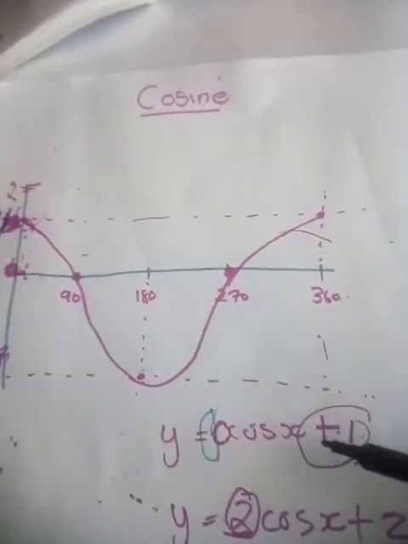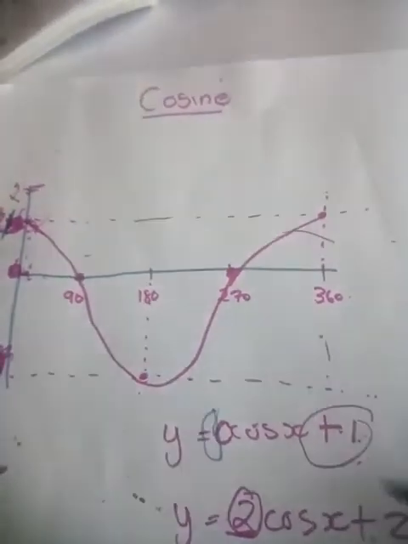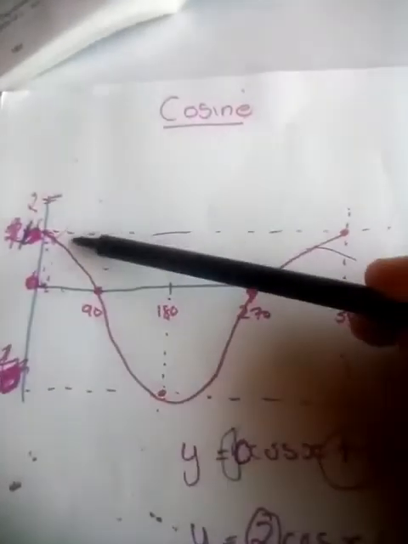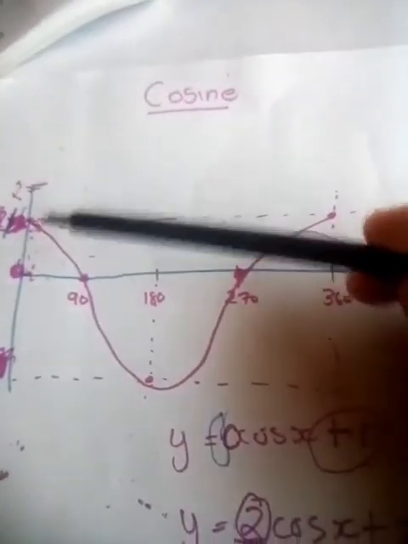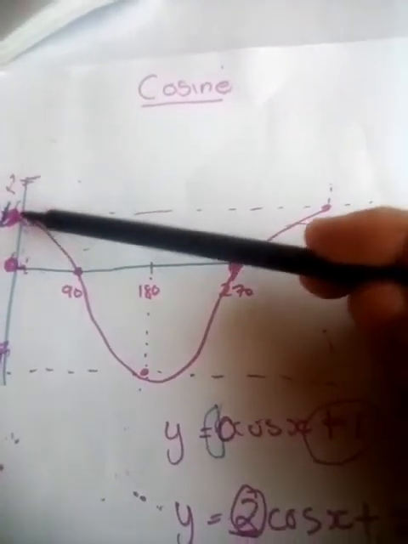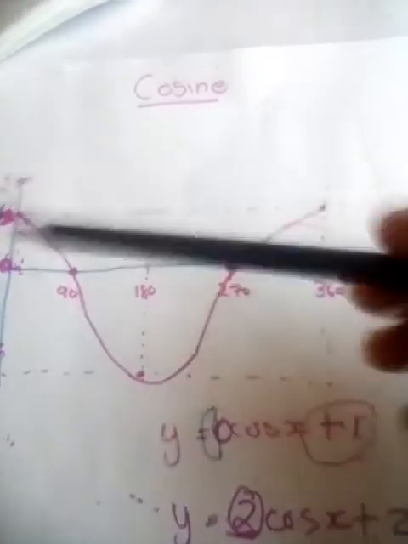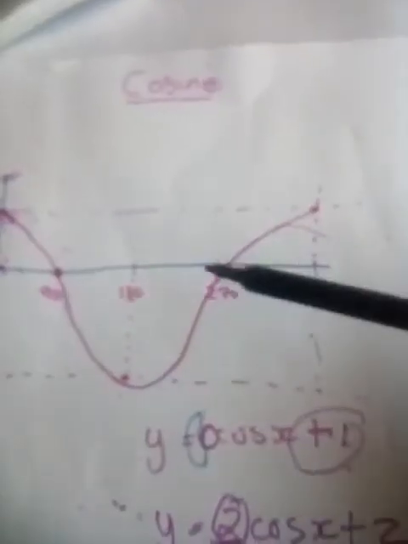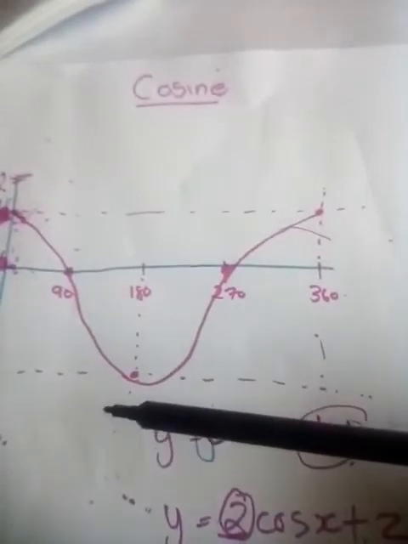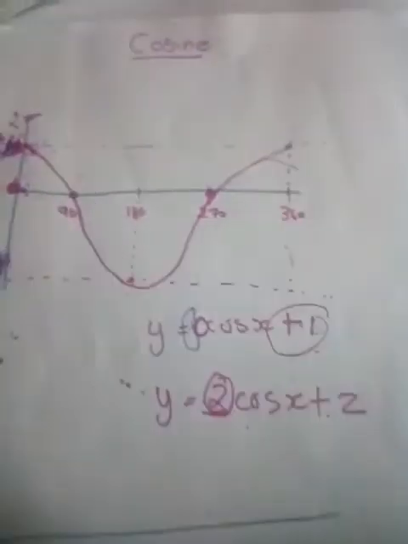Again, you can also have plus 1, plus 2. If it's plus 1, this whole graph will shift 1 unit up. If it's plus 2, this graph will shift 2 units up, to go higher. If it's negative 1, it will go lower, and so on. Also,